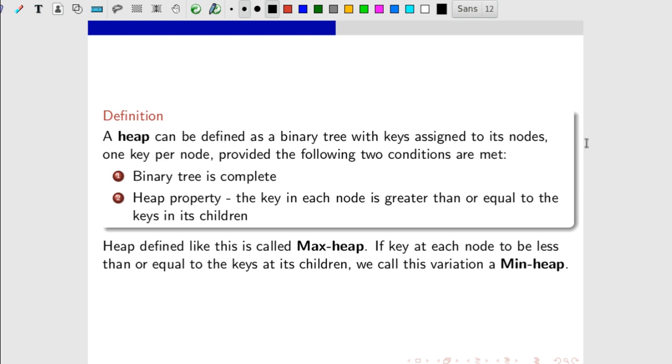The other type is min heap. A min heap is organized in the opposite way. The min heap property is that for every node i other than the root, A of parent of i is less than or equal to A of i. So, in the case of min heap, the smallest element will be in the root. Essentially all these are complete binary trees with the heap property. The heap property depends on whether it is a max heap or a min heap. You can easily remember that in the case of max heap, the maximum element will be in the root. In the case of min heap, the minimum element will be in the root.